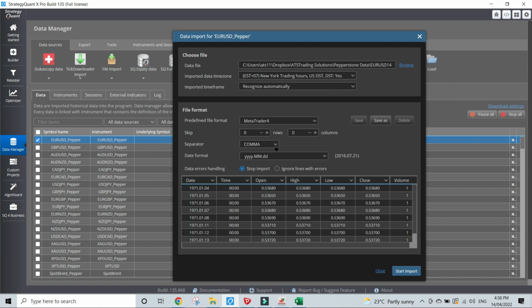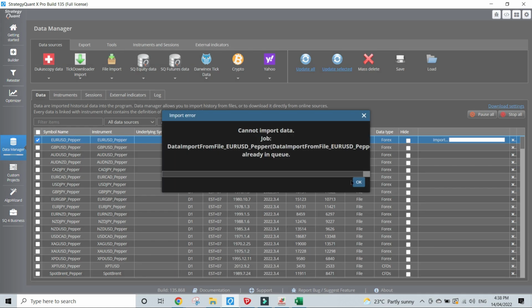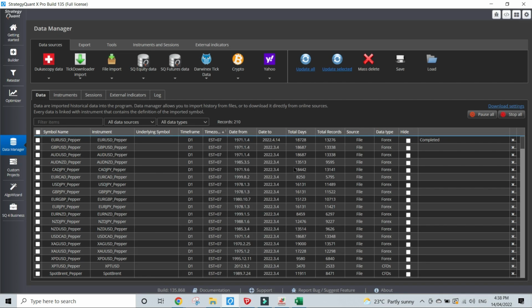CSV files, comma delimited. Date format is in year, month, day format. When you select these options, it'll present it here in the manner it's going to be imported. And this is exactly how I want to see it expressed. Okay, and now I go start import. Can't import job? Data import, already in queue. Okay, so